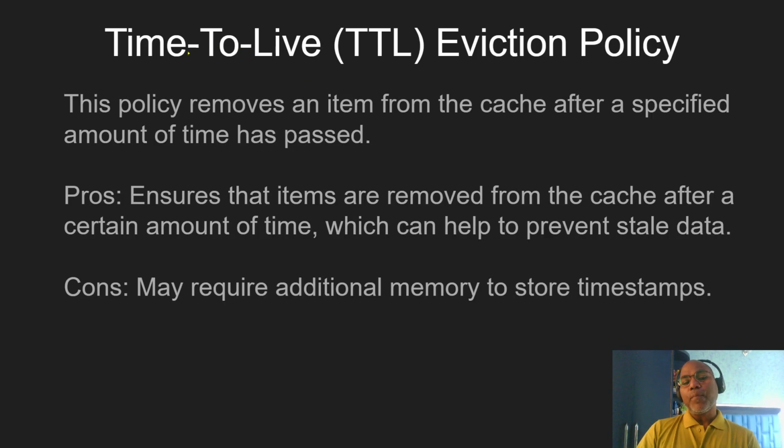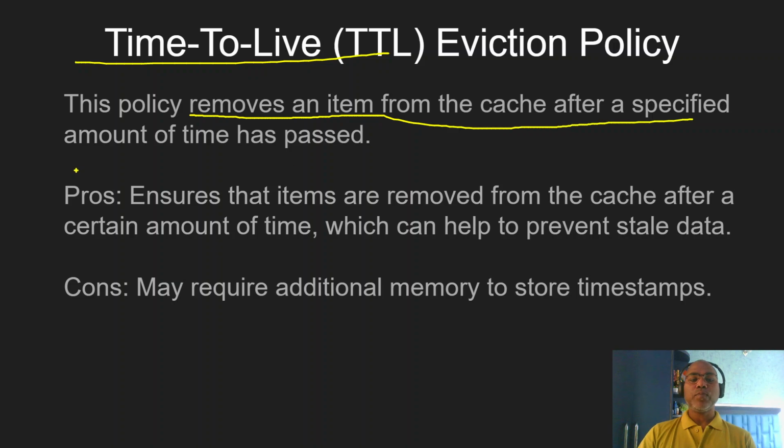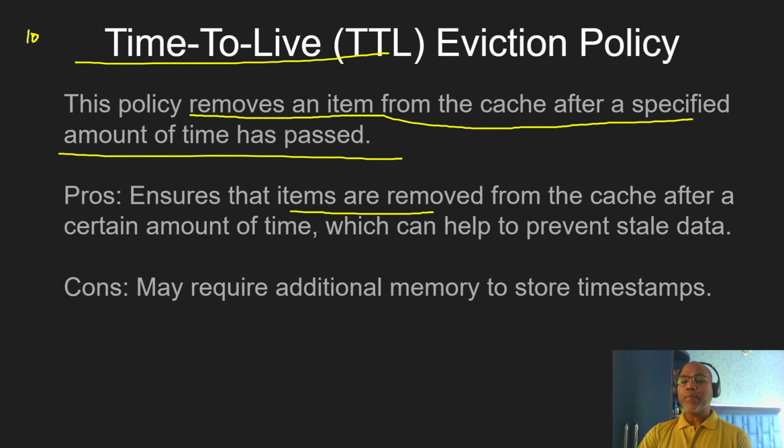Sometimes someone can apply the time to live eviction policy. The policy removes an item from the cache after a specified period of time. So let's say I am going to say after 10 minutes the particular data is going to be removed from the cache, or after 10 seconds, or 1 hour, or 1 day. So it is configuration based. The customer or system can configure that the particular item is removed from the cache after a certain amount of time,